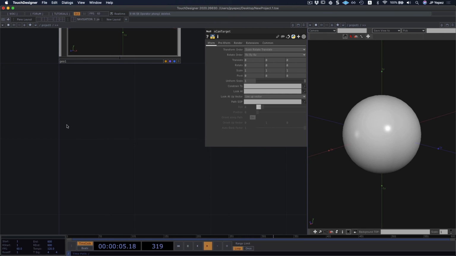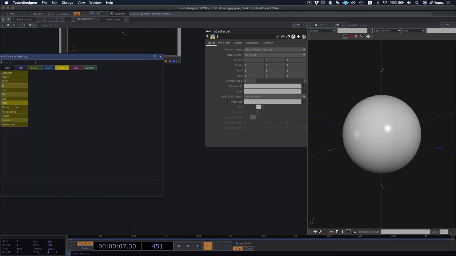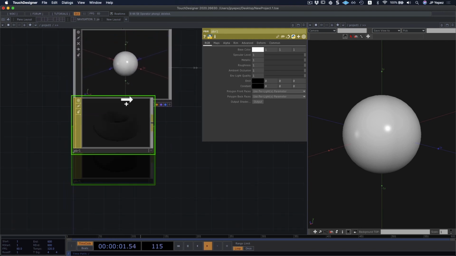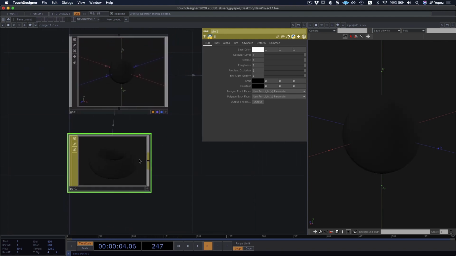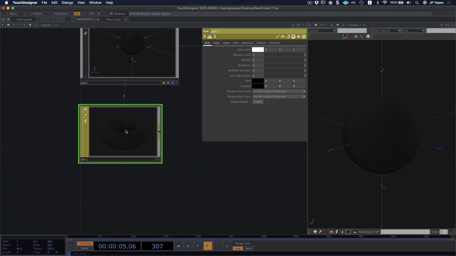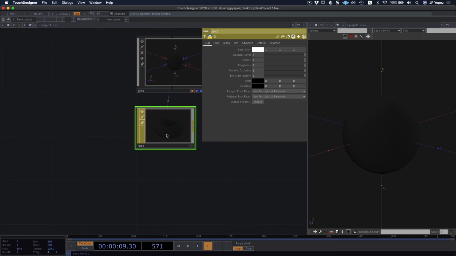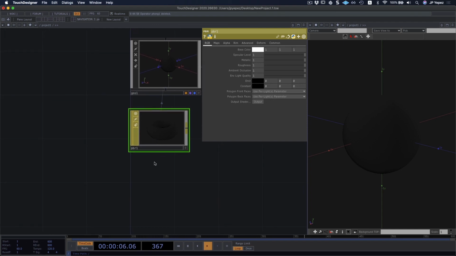And finally, we have the PBR. Whenever you're working with PBR materials, and this looks like a weird material to be working with because all it did was dull down my sphere. Well, whenever you work with a PBR, you want to add something else to this. PBR material, that's a type of material you would use for something photorealistic.